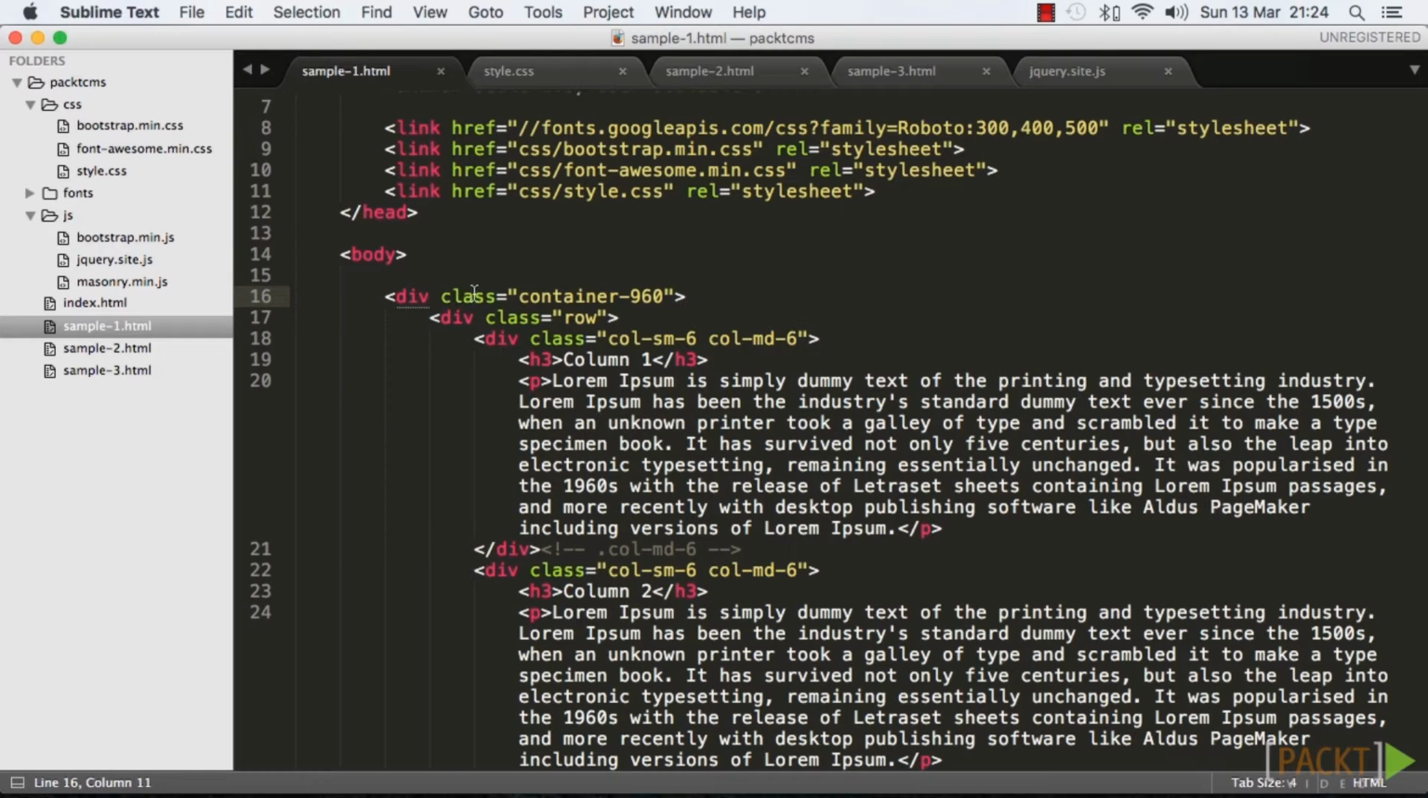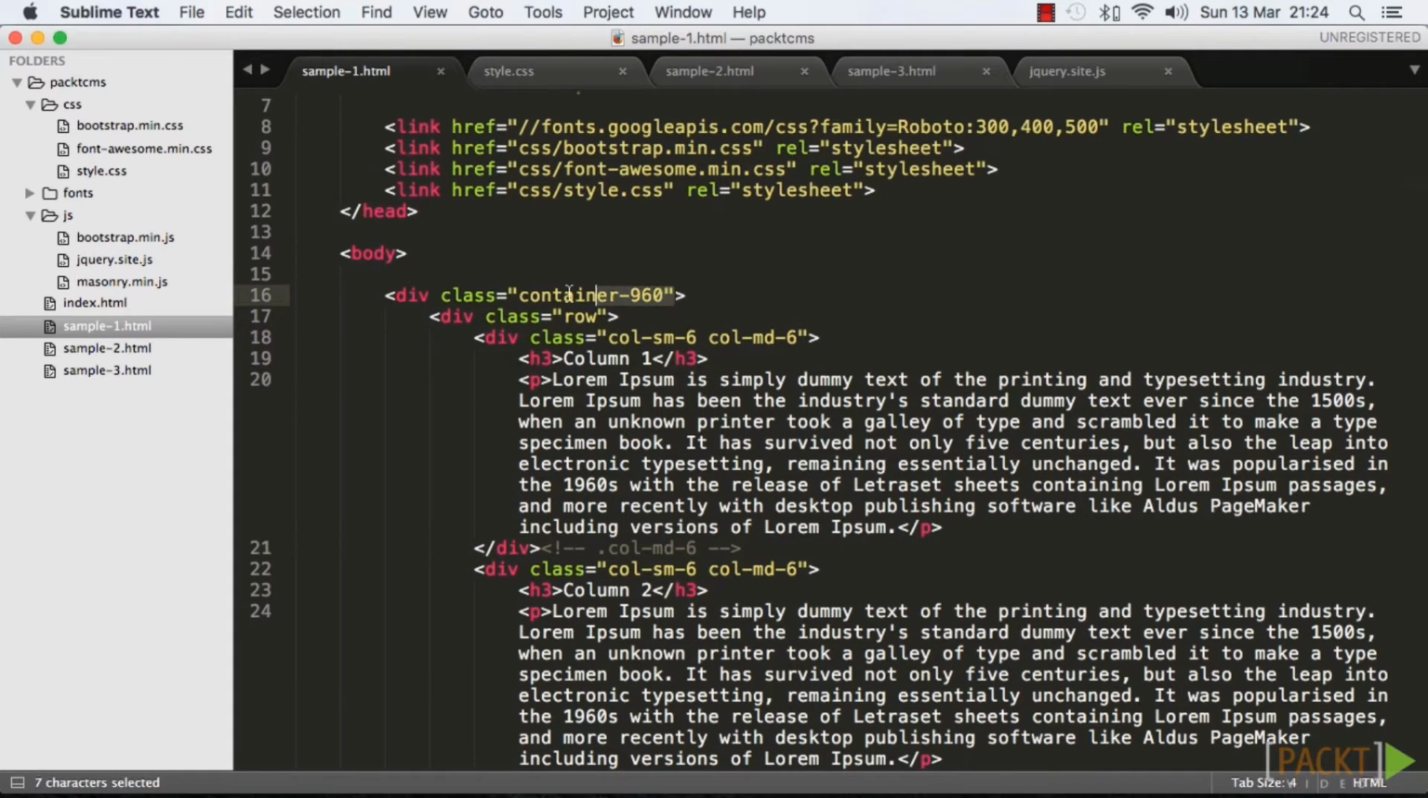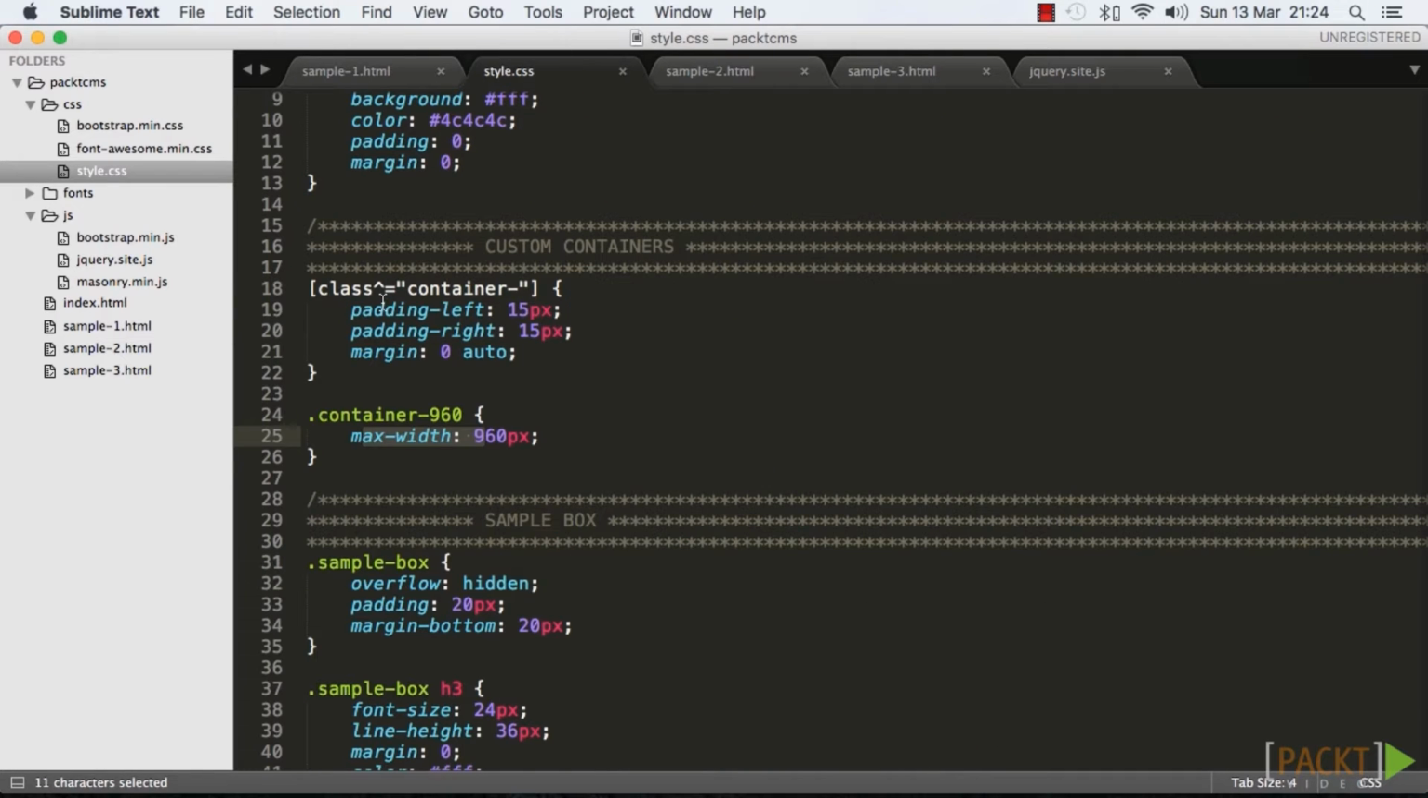So we've started off with creating a custom class that is named container-960, where we want to imply that something is 960 pixels wide. And the rest of the code is just pure vanilla Bootstrap. So the real magic is happening on the CSS side, where we've created two new CSS selectors inside of our